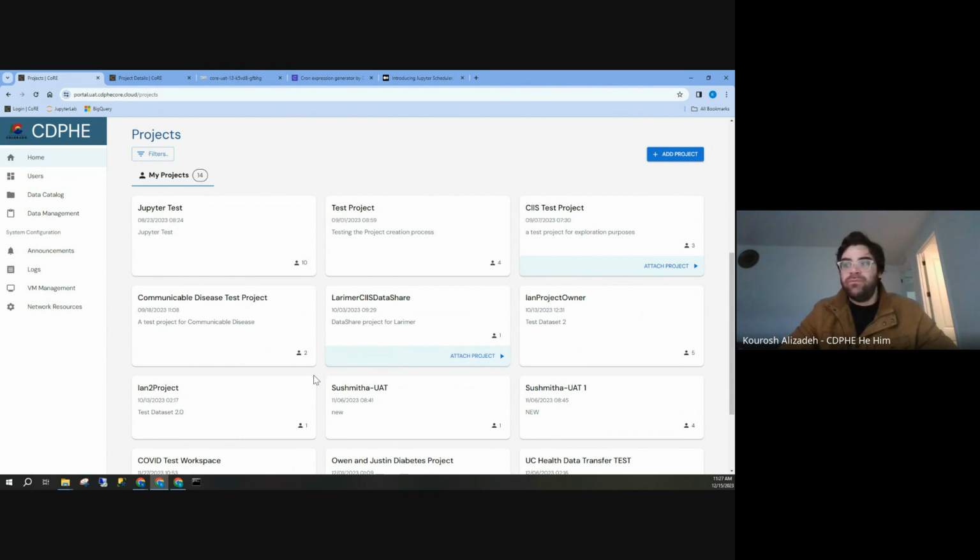One of the scenarios worth imagining there is we could give an LPHA a project and they could go to that project to receive files from us on a regular cadence and pull them into whatever systems they need them for. And that way you have an automated file handoff. You could do that for COVID, but everyone could use the same project for their own. So if the immunization team wants to hand the LPHAs a file on a regular cadence within a project, that could be a one-stop shop for Larimer or Arapahoe to get data from anyone working in the Lakehouse.